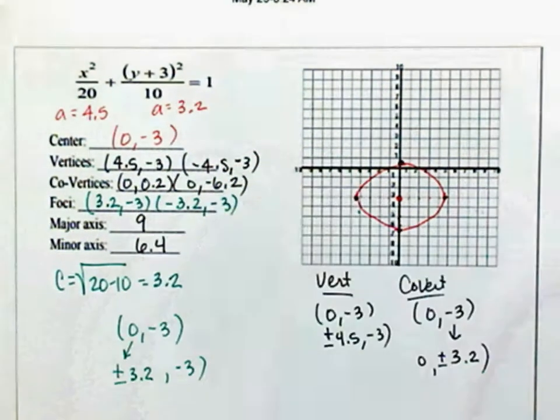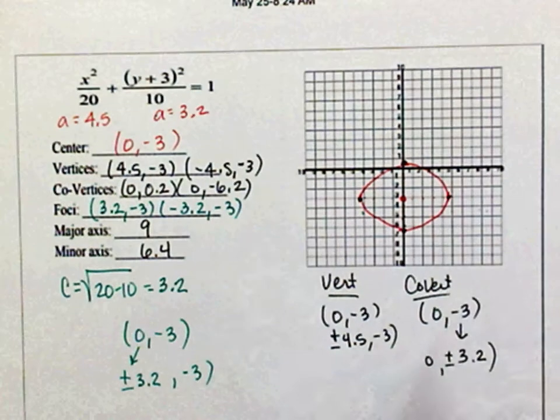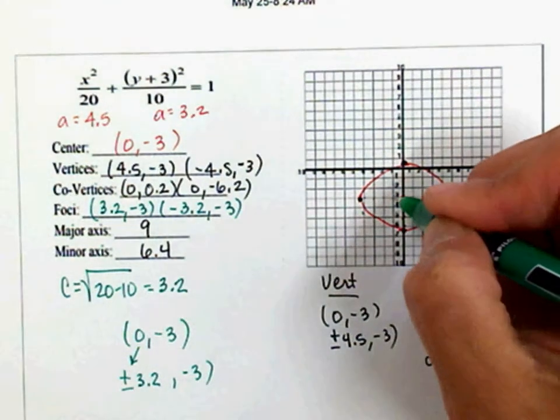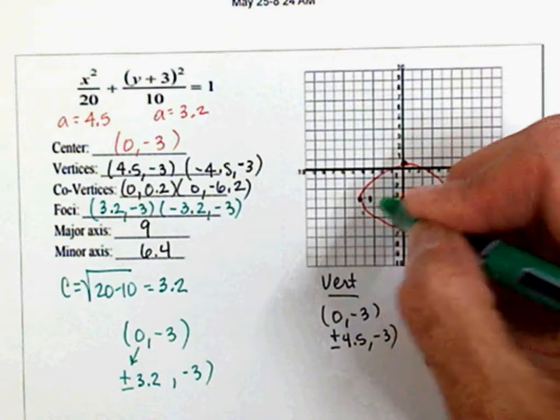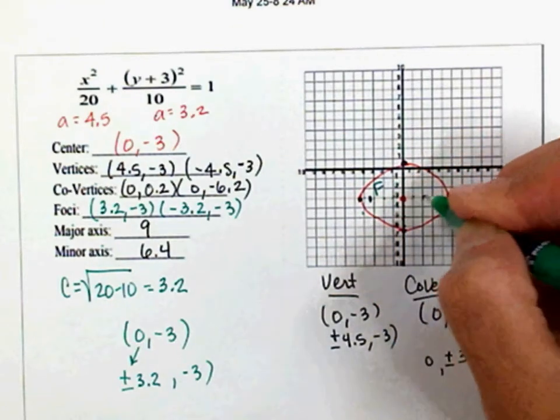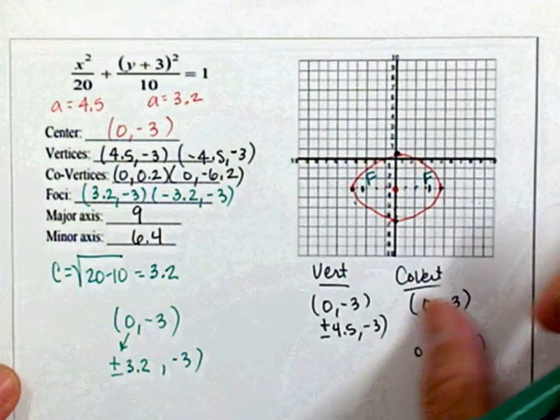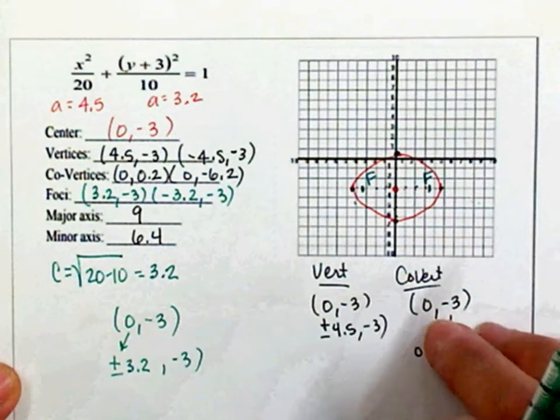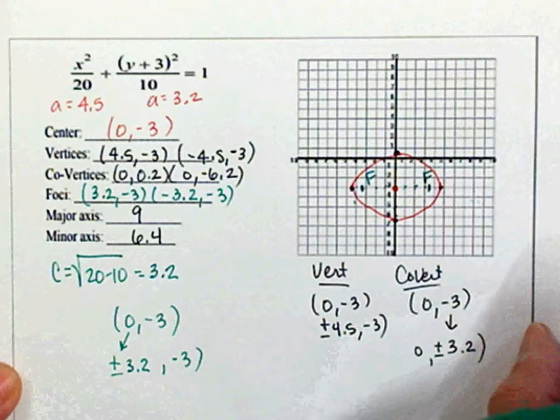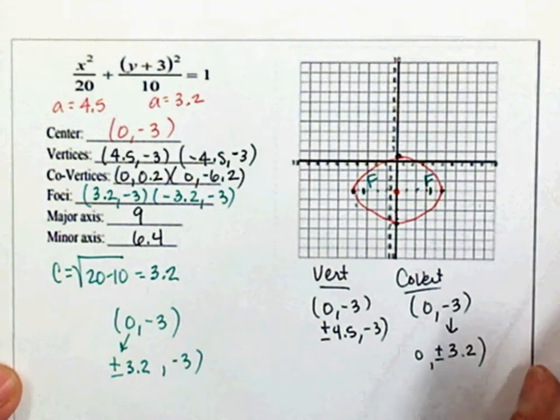And let's label our foci. There you have it. You can do it this way, or you can just do it from the graph, but you're going to be as close as you can, okay? And there's your